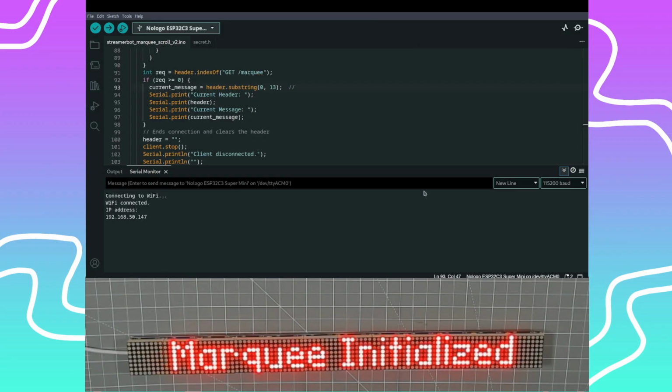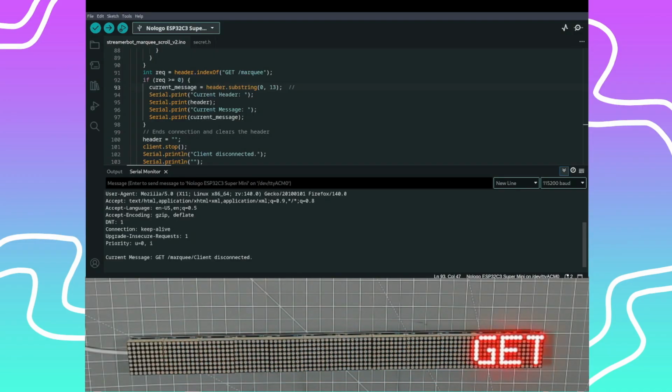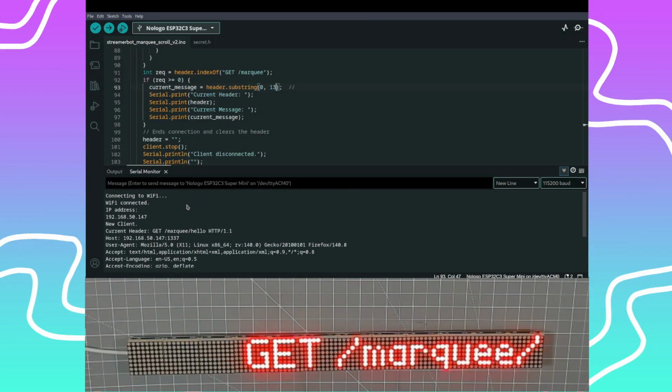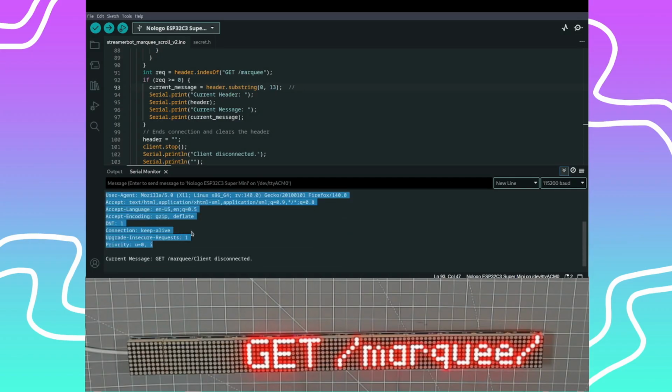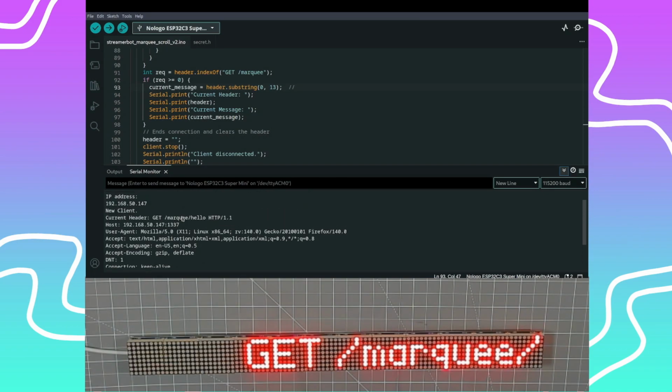Okay, let's send our request. And close. All right, so now we're doing GET slash marquee. Okay, that's interesting. So now we're getting at this part right here. Of this entire request, all of this is the header, which feels like a lot, right? But now we're getting this part, which is basically the exact